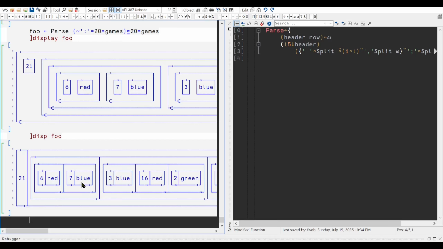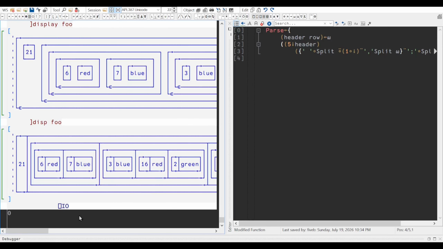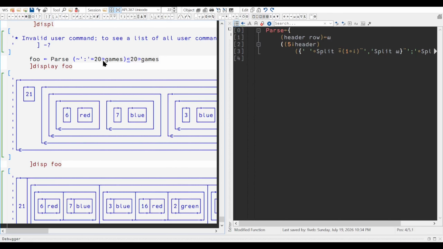What am I doing with this? All right, this is game 21. Whatever. Index origin. Where's my index origin? Quad IO, I guess. 0. Isn't the 20th game... Shouldn't that be the 0th game? Okay, sorry, sure. If I take the 0th game, that'll be game 1. Okay, we're cool.